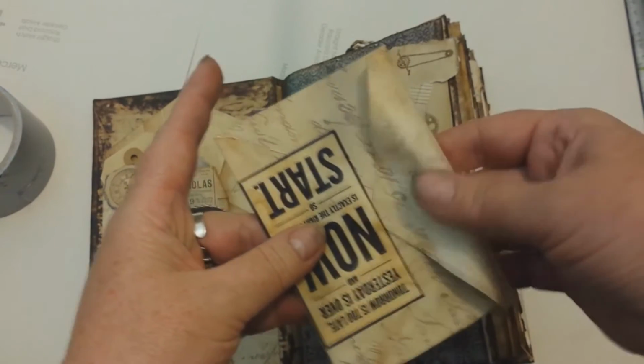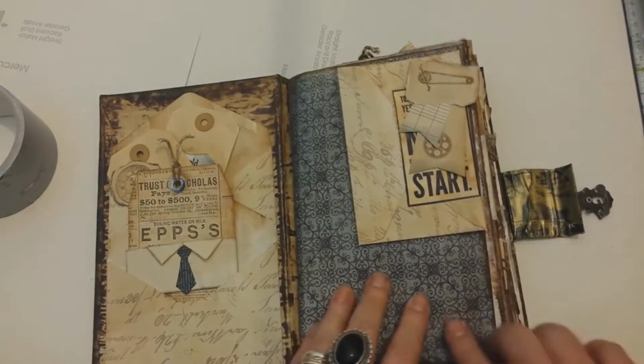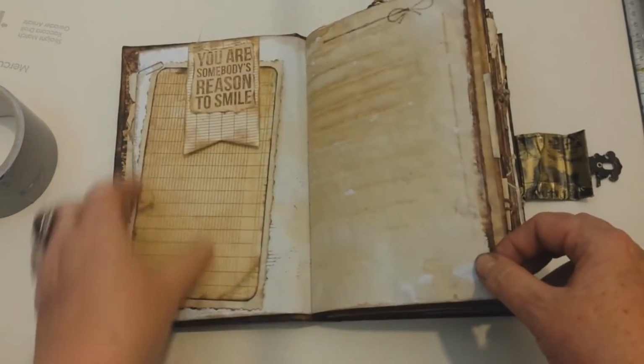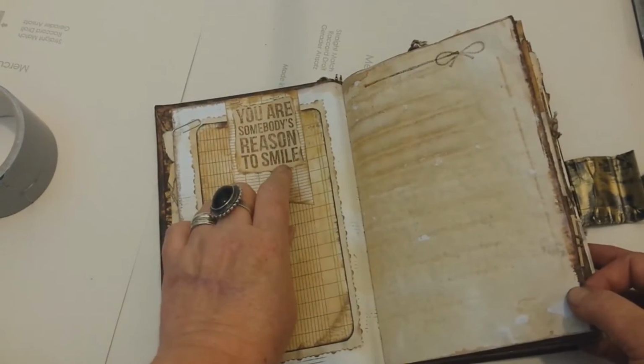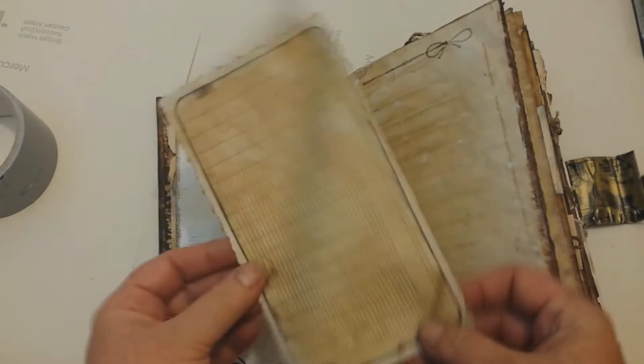Okay, yeah, and I love the paper. It's very masculine, and I make a tuck spot, and I stamp "you are somebody's reason to smile." And